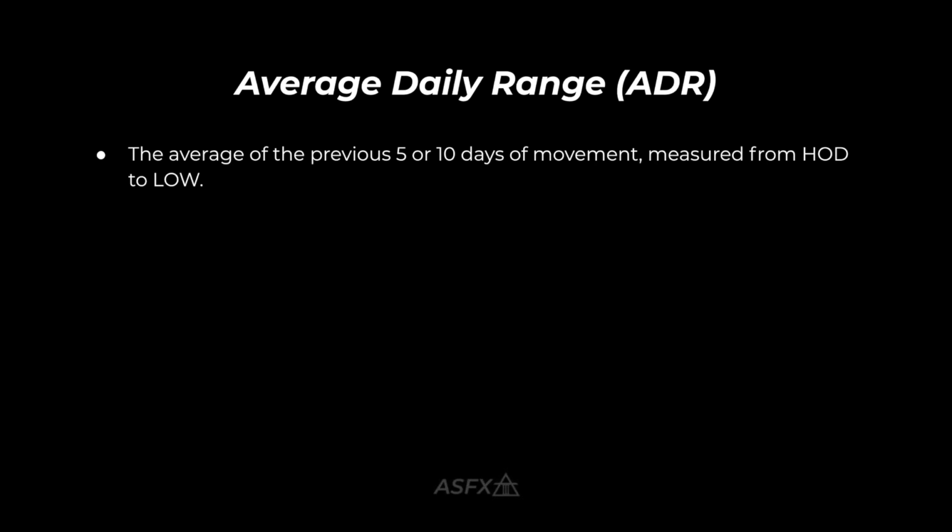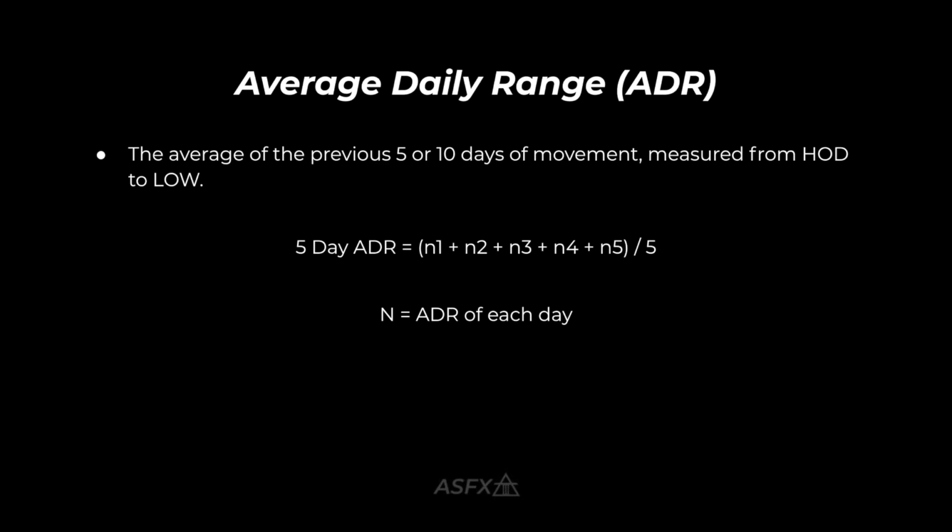Another big piece to the market itself is average daily range. You have your Asian range, you have the best days of the week to trade, but within each day, the average daily range is the range that the pair has moved over the previous 5 or 10 days from pin high to pin low. The way to figure this out is to add that up each day and divide it by either 5 or 10 to come up with your 5-day or 10-day ADR. ADR is very important when you consider taking a trade if you're a, again, logical and analytical trader.